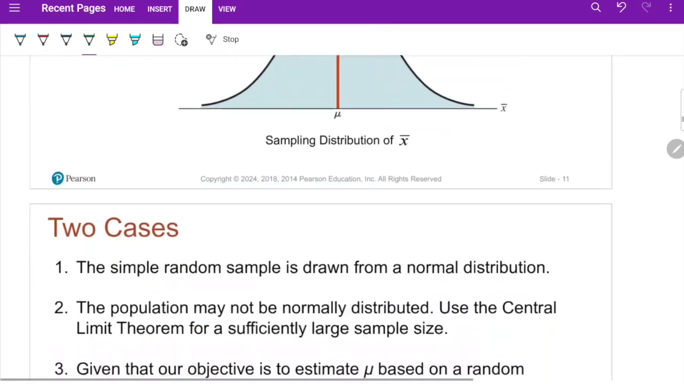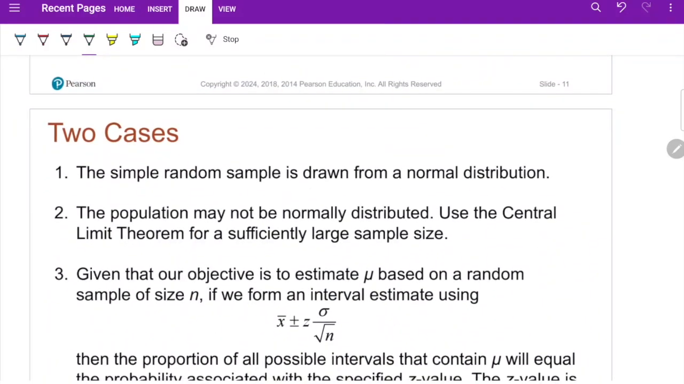To calculate the confidence interval, we are going to follow some steps. However, first of all, we have to distinguish between two scenarios or two cases. The first case: the simple random sample, the one we took, is taken from a normal distribution. If the simple random sample is taken from a normal distribution population,